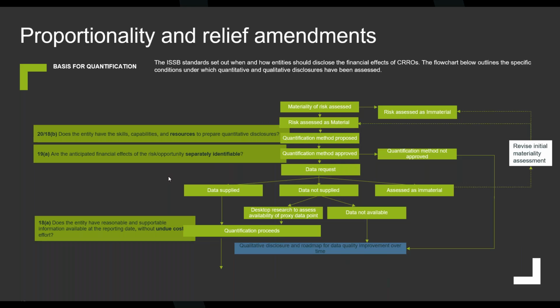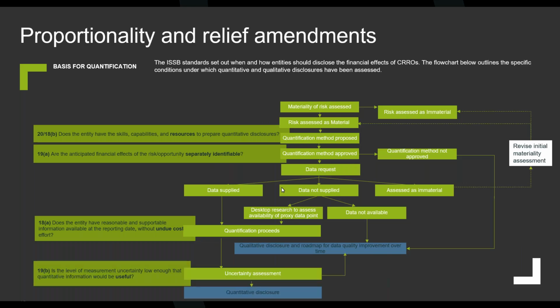So in that case, you need to scale back your methods. So in this example, you probably adopt a sampling approach or consider other mechanisms to disclose. And finally, you need to ask, is the level of measurement and certainty low enough that quantitative information would actually be useful or meaningful? The point being here that iffy quantification, so I'm paraphrasing very, very broadly here, but iffy